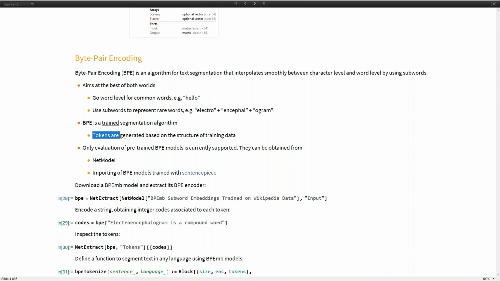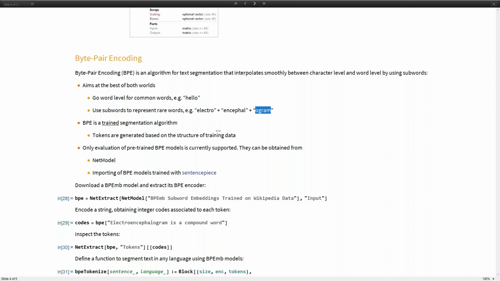Unfortunately, for 12, training of BPE is not supported. You can obtain pre-trained BPE models from NetModel, or we support import of BPE models trained with SentencePiece.